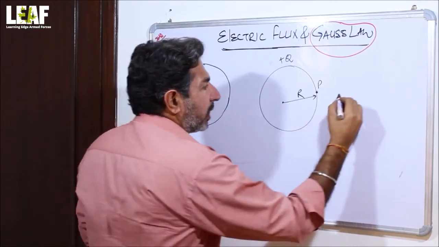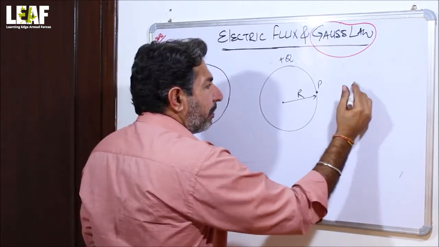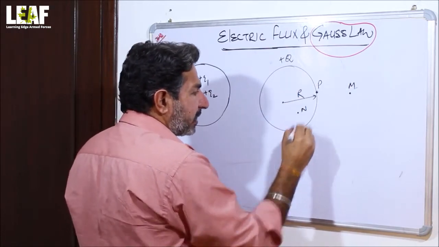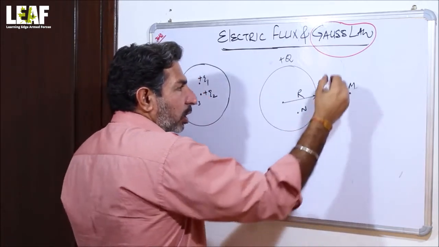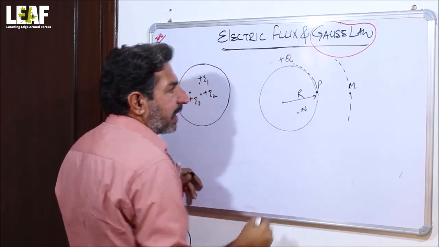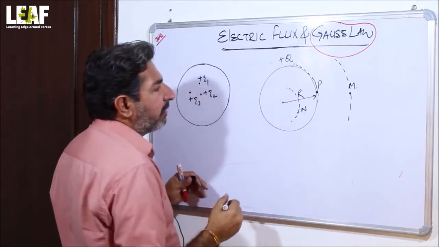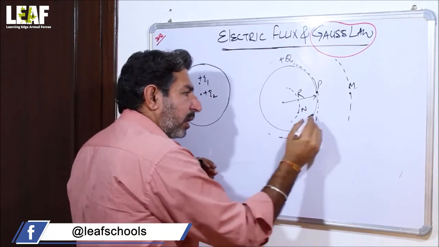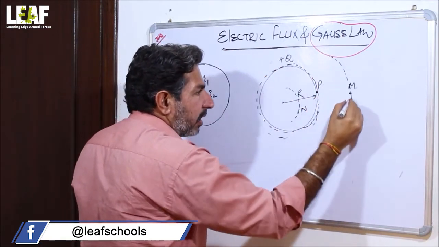This we have done. What is the electric field at this point? Say M, because we should not confuse this with this Q. And the electric field at any point inside the shell, this is what we have already done. How to use Gauss's law: we normally draw a Gaussian surface covering that point. We draw a Gaussian surface covering that point and that body. So this is all we have done. We will draw the Gaussian surface here also, and we'll see how much charge we have enclosed within this Gaussian surface. We are going to complete it somewhat like this, right? This is what you have done in your general and regular classes.